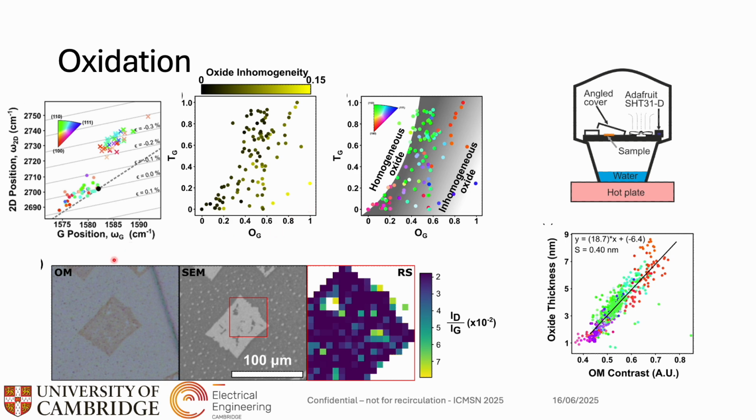Once we've transferred the graphene, which you can see here in the SEM, we can have a little look at how it performs in terms of quality. We use the Raman D to G ratio, that is the intensity of the D peak as a ratio to the intensity of the G peak, and use this as a sort of analog for quality. It's not ideal, it's not perfect, but it is fast, and it's something we can apply to hundreds of different